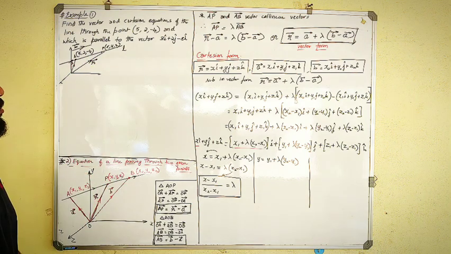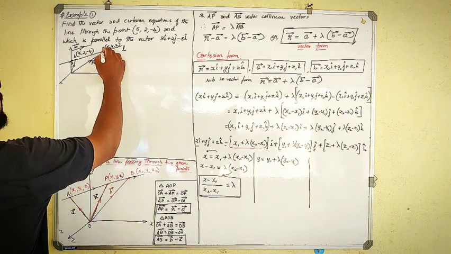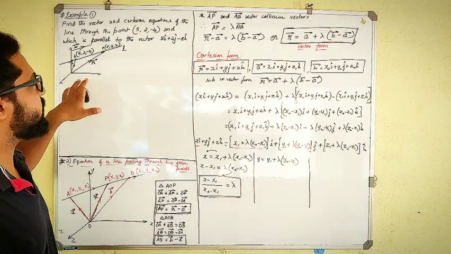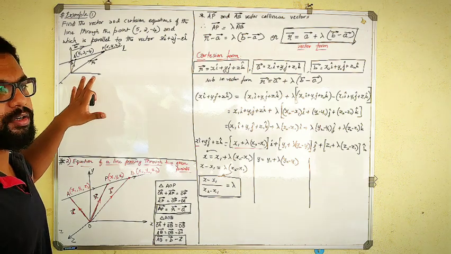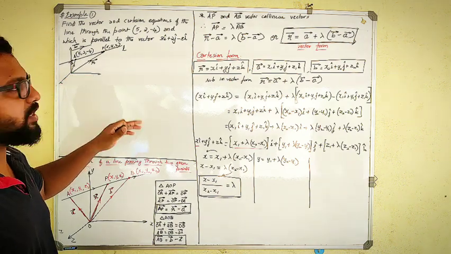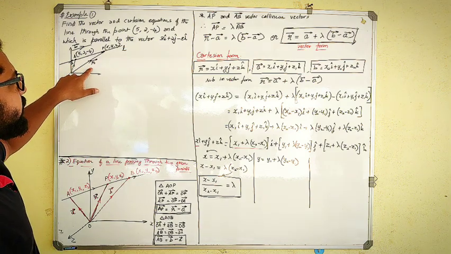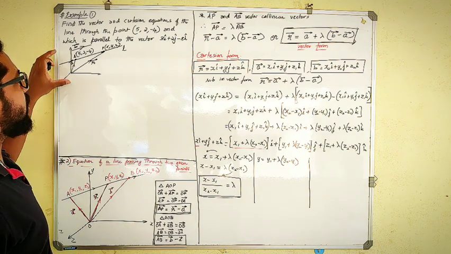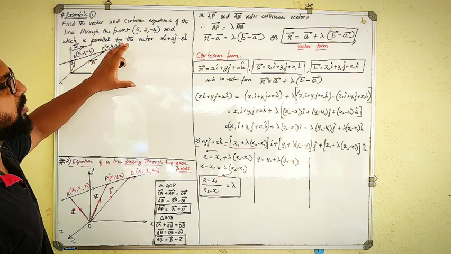Correct? So you should know the derivation correctly in order to start solving the problems. So this is very important to frame the diagram. Though this carries no marks and nobody is expecting you to draw this diagram, for your understanding it is better to draw this diagram and understand and then solve the problem. Otherwise you will get confused. What should I take A vector as? What should I take R vector as? What should I take B vector as? You will be confused.